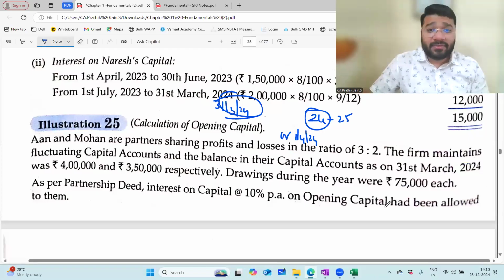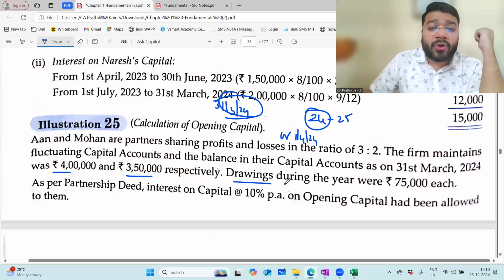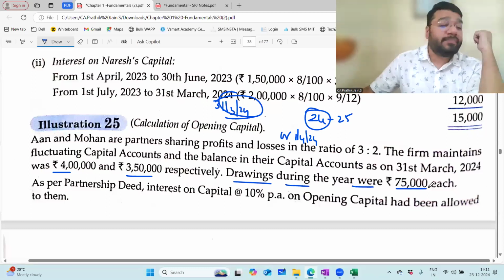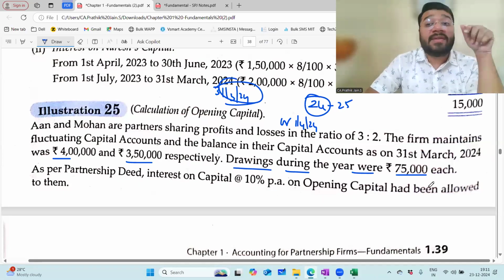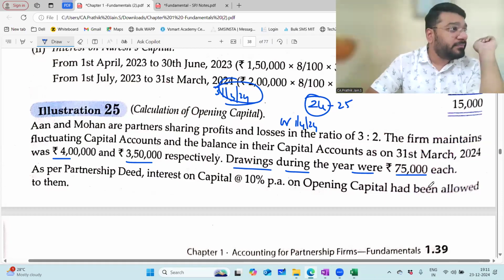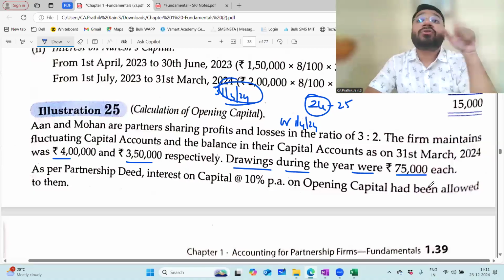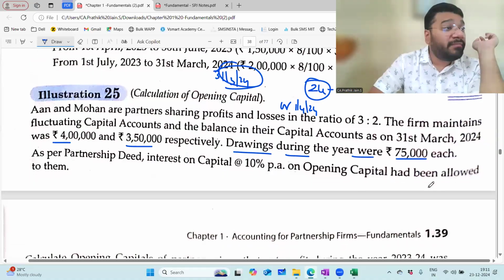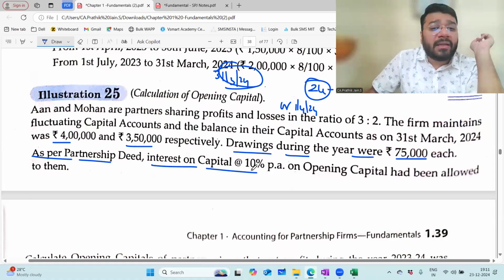Now, the capital is 4 lakh and 3,50,000 respectively. Drawings during the year is 75,000 each. Should I multiply by 12? No, sir, this is the total drawing of the entire year. They never say 75,000 per month. But 75,000 each means what? 75,000 for Anand, 75,000 for Mohan. So total drawing put together is how much? 1,50,000. As per partnership deed, interest on capital at 10% per annum should be calculated on the opening